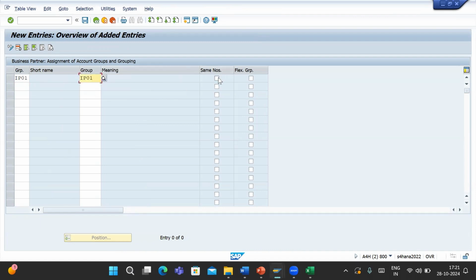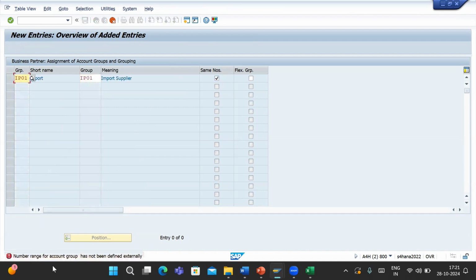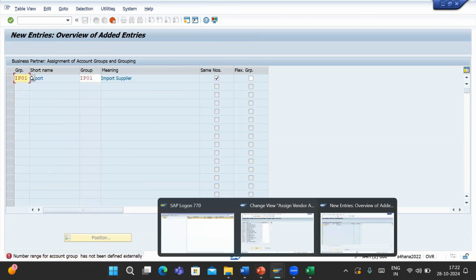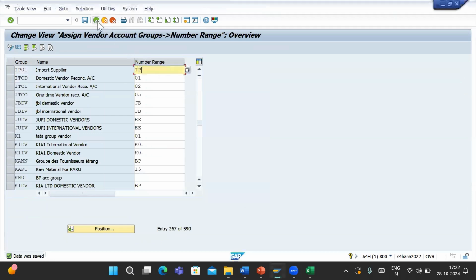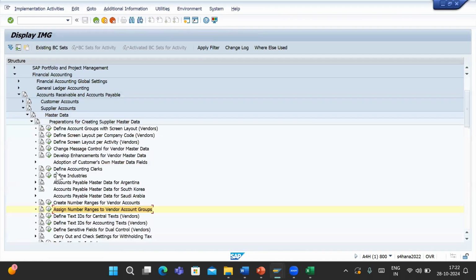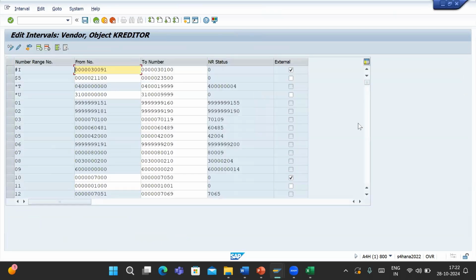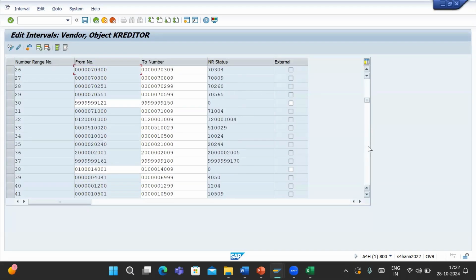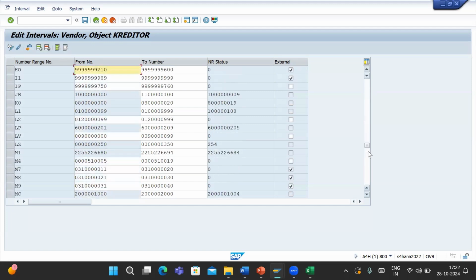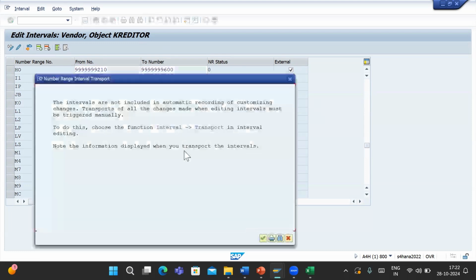And here we have the option whether we want the same number range or a different number range. So if we click on the same number range, see, we're getting the message that the number range for account group has not been defined externally. So if you want both numbers to be the same, that time we need to keep the vendor account group number range as external. Okay, so here we created IP. This one I'll keep as external, save it,